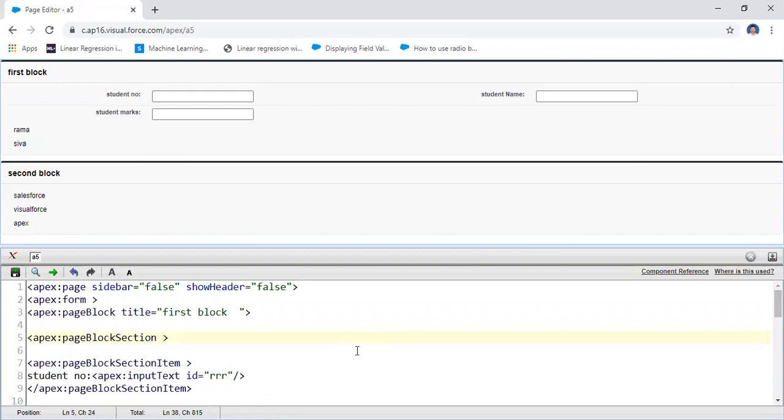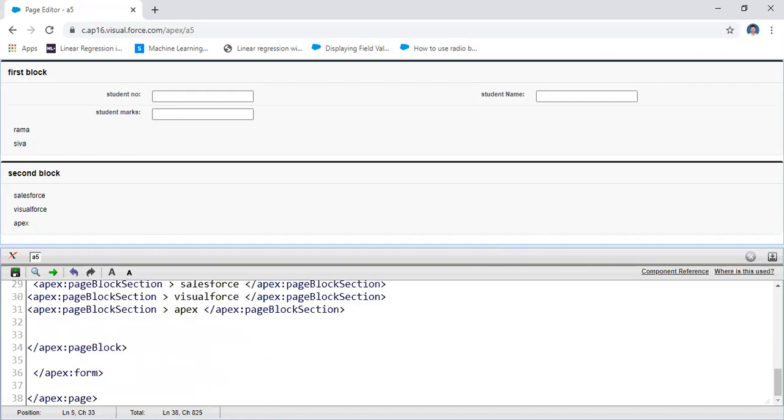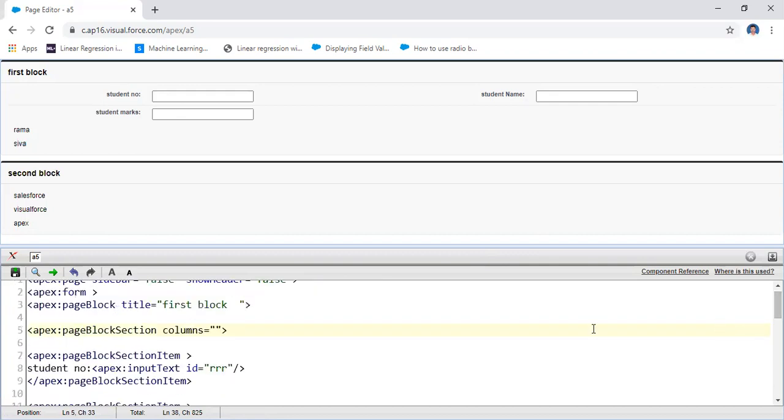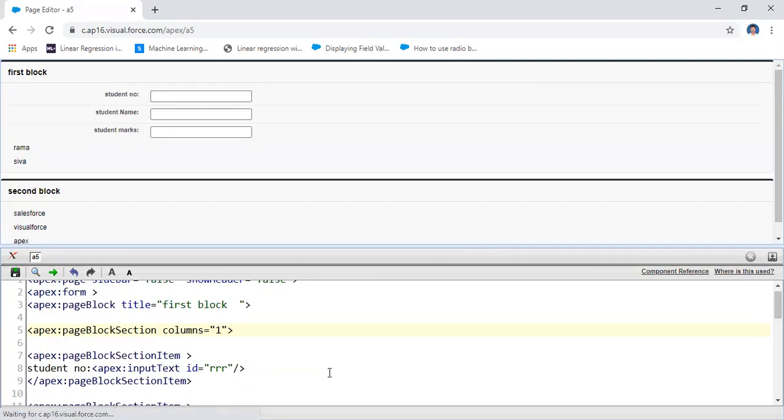Under the section there is a field called the columns field. Here for the columns field I'm going to write the value, a string value. For example, I'm going to write column equal to 1, one after another. Student number, that means this particular block consists of student number, student name, student 3. Here for example, I am taking this column as 3.